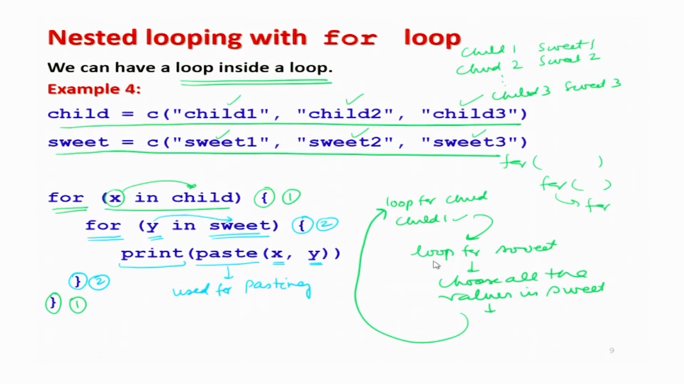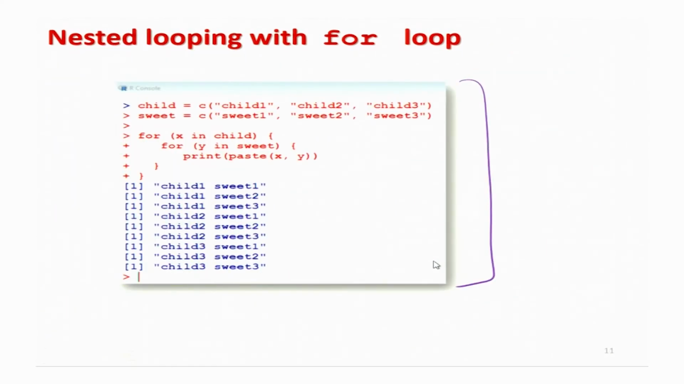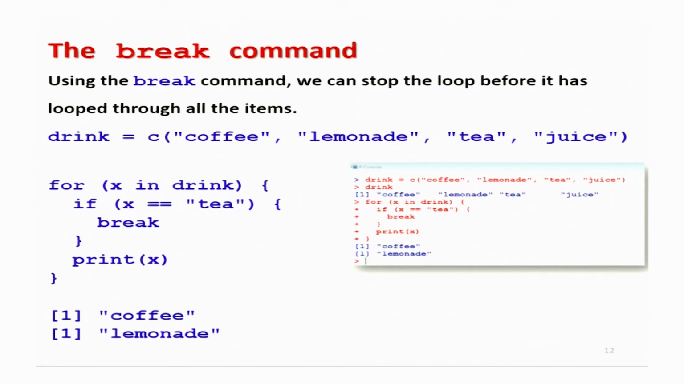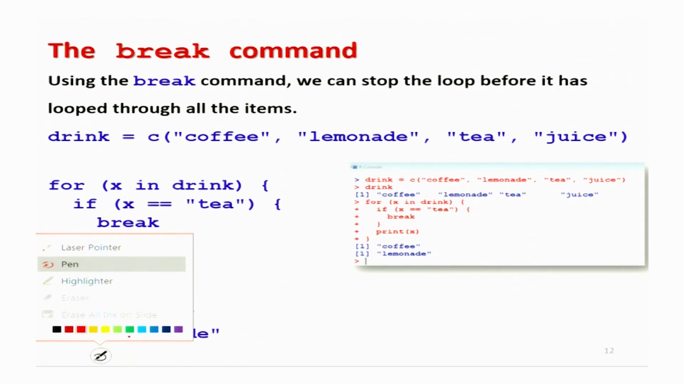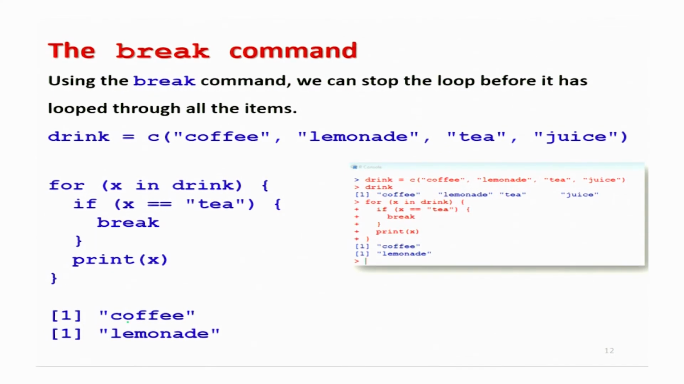So, now let me try to give you some more options which are useful in using the loop. These are some additional commands which are required. For example, let me first consider the command break, B-R-E-A-K. This command is used to stop the loop before it has looped through all the items. Suppose you want to stop it somewhere in between of the data vector,